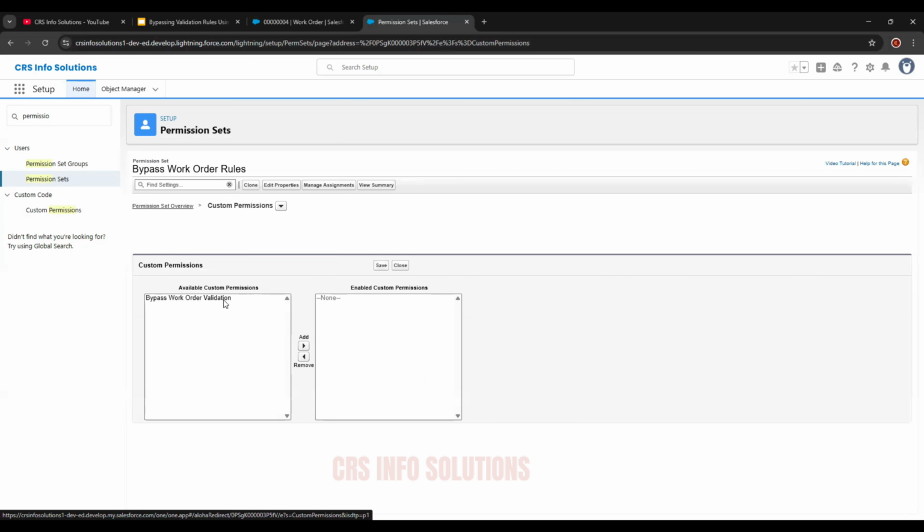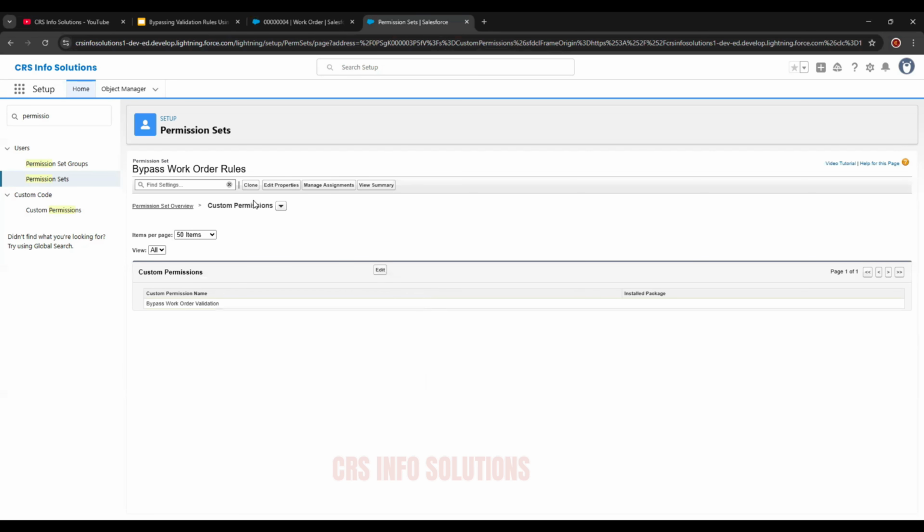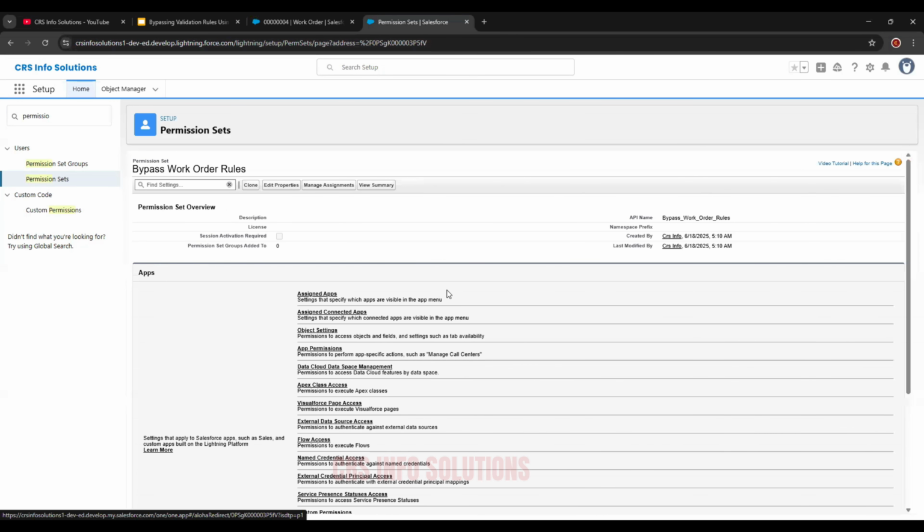And you see we already have that custom permission that we created before. The name was bypass work order validation, and we will go ahead and add this to this permission set. Now we have the custom permission attached to this permission set. We also assigned my user to this permission set.